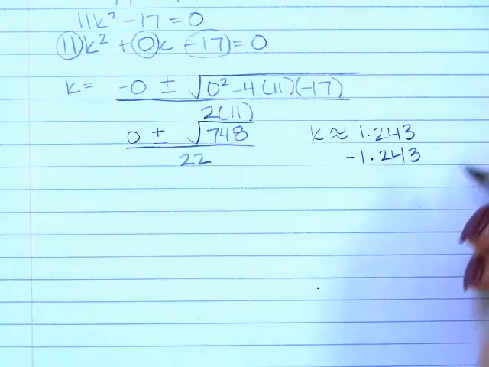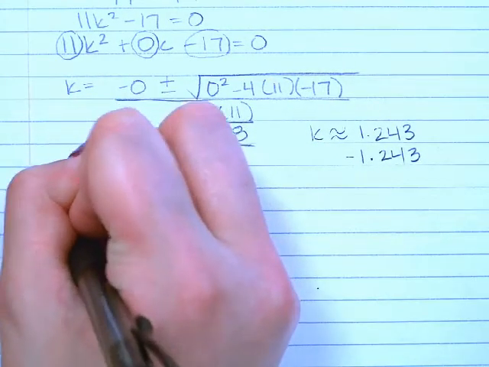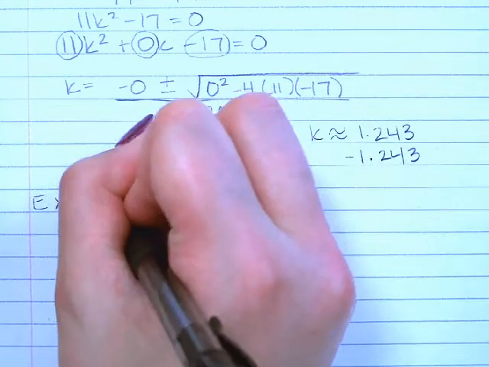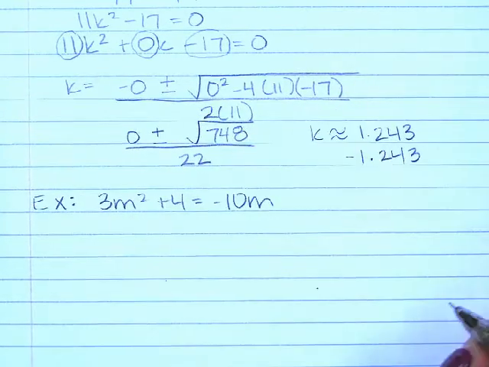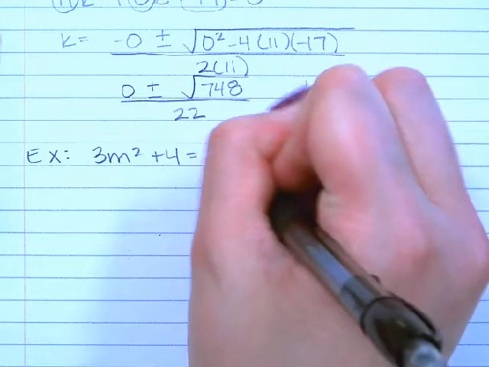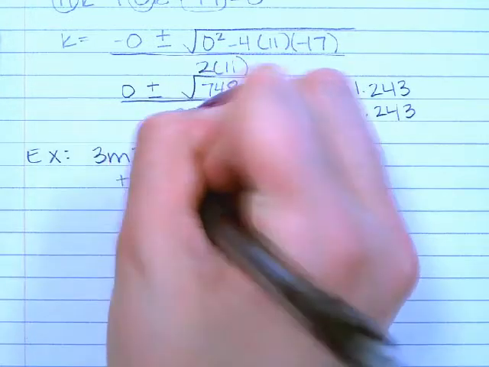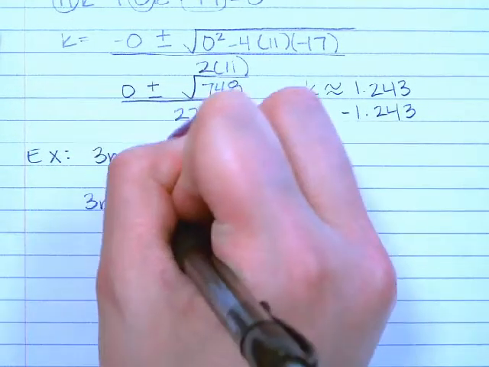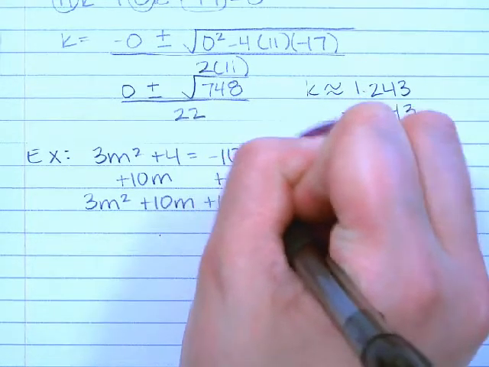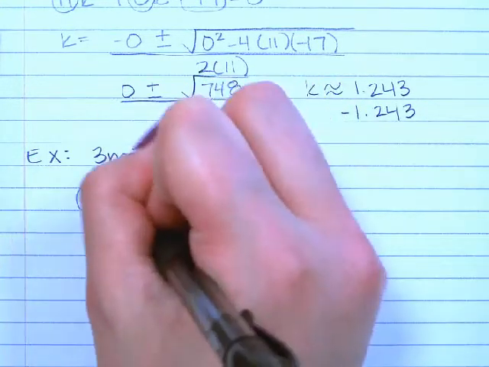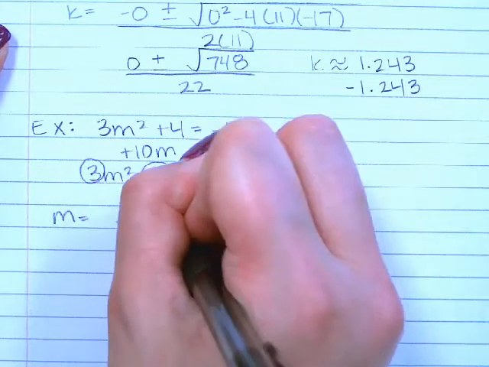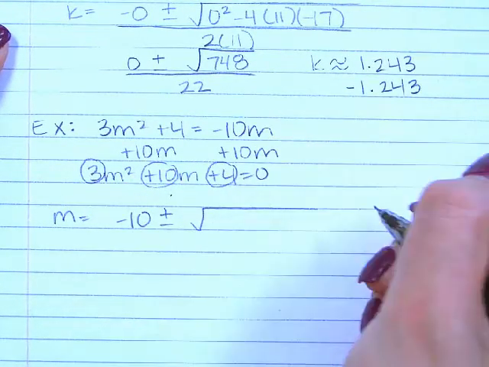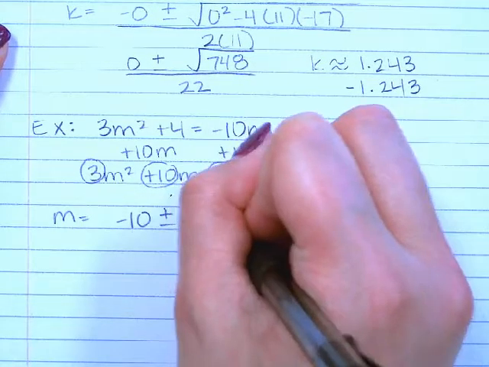Okay, we're going to do one last example, and then I think you guys will be good. 3m squared plus 4 equals negative 10m. So again, first thing, we make it equal 0. And we have our a and our b and our c. And so I have m equals negative b plus or minus b squared